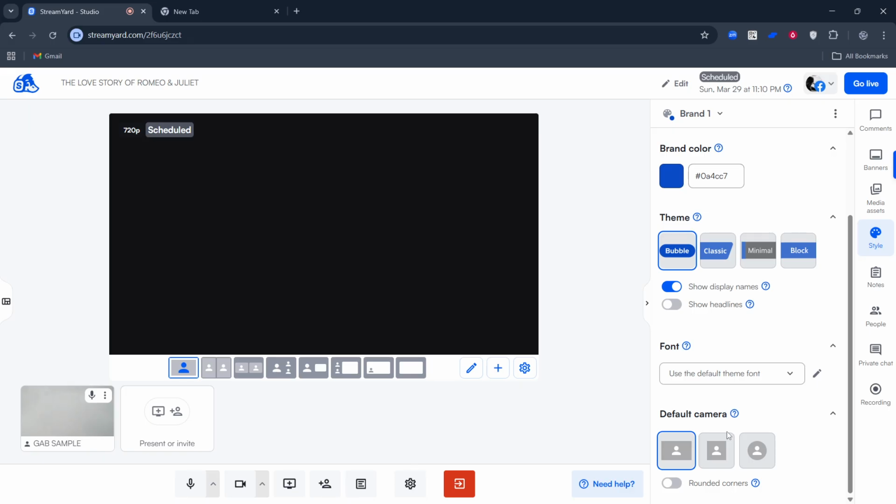That's it. You've selected the right camera device, set a resolution that suits your connection, and chosen a frame shape that matches your brand. These changes take effect immediately in the studio, so as you make adjustments, you'll see exactly how your broadcast will look. With these essentials in place, you're ready to go live with confidence and a professional on-screen presence.